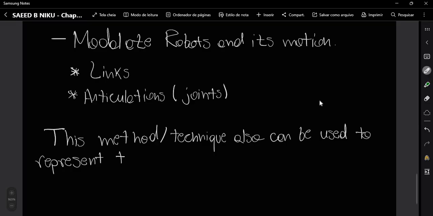So this is why you will see that this is one of the most important methods to